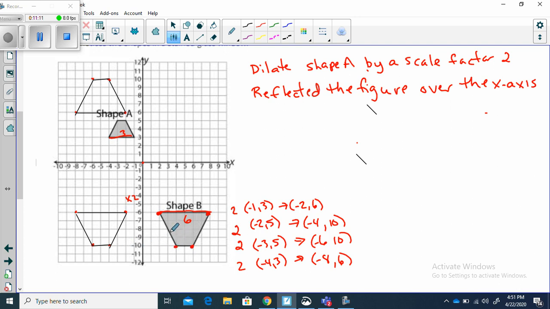Okay? And see how we have translated this figure here right on top of this. If I can map it on top of this one, then I can prove, if I've dilated it and then I've used congruence transformations to map it on top of it, then I have proven that these two are similar. What was that third step? We translated the figure